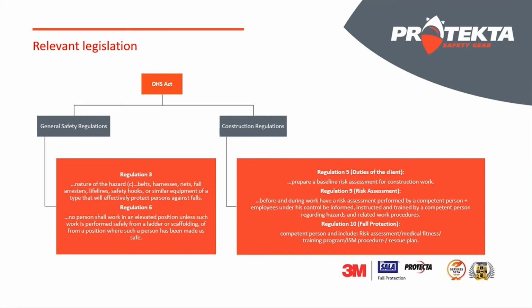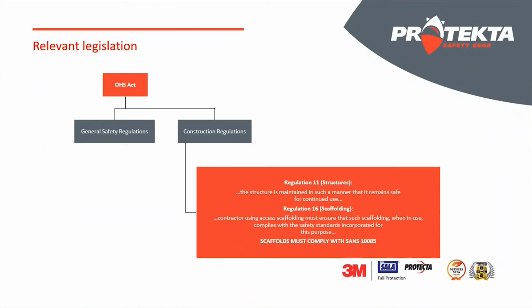So those are some of the most important ones out of the legal environment, especially when talking about fall prevention plans. When you look at the other regulations, Regulation 11, obviously talking about structures that need to be safe. You're talking about Scaffolding Regulation 16. Obviously, everybody knows about the SANS standard, the 10085, making sure that the scaffolding, especially steel scaffolding, is set up. You've got the necessary appointments in place, your scaffold supervisors, your erectors, inspectors, the documentation, the registers. And obviously, making sure that when that green tag goes on there, the guys know that these scaffolding structures are actually safe, and they can use them when accessing the different areas where they need to actually perform